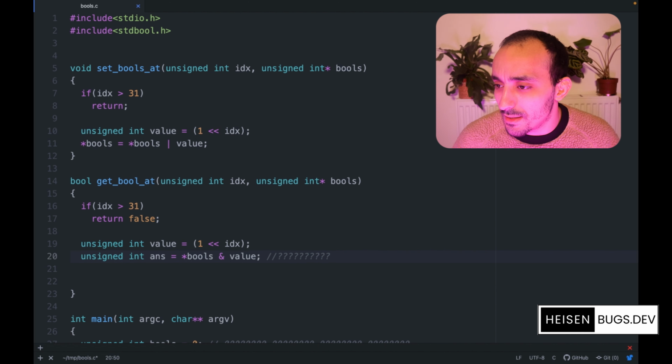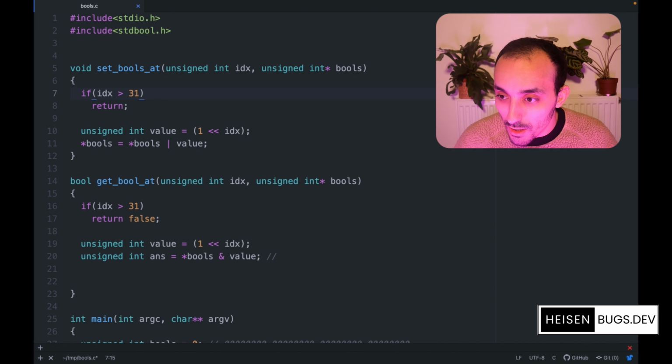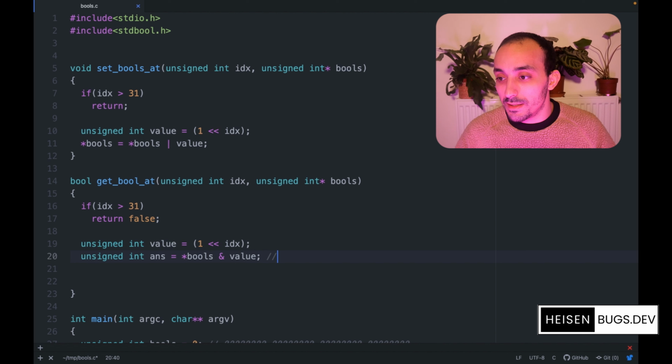why am I using this? Well, it's quite simple once again. Let's see a simple example. Let's say that you use in the main function the set bool at function many times. So you will set up a new flag in the binary representation of the variable pointed by the bools pointer. So what's going to happen is, let's say that you have